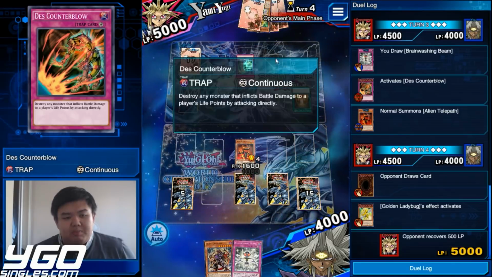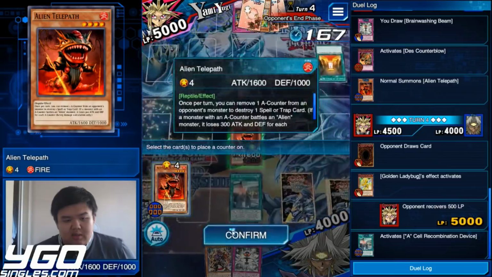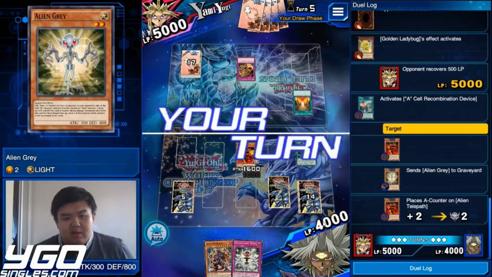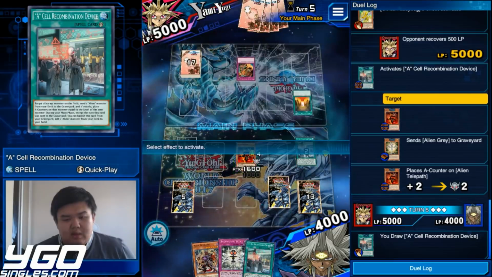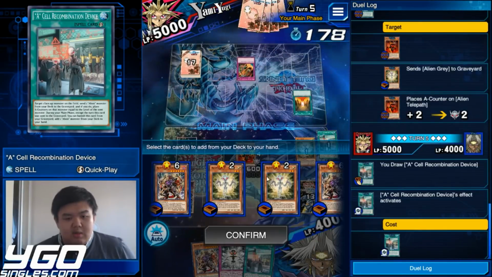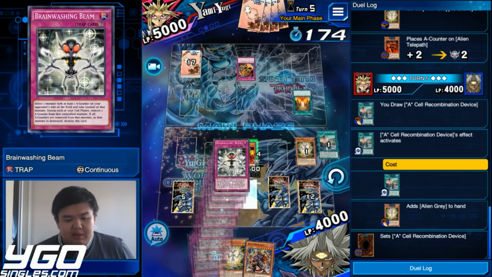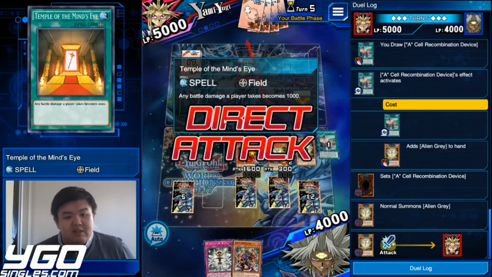I think if we have a big Ananta, we just win. Okay. So I'm actually gonna get rid of these Grays because these small dudes are no good to me. I'm gonna banish, and I'm gonna get the Alien Gray. We're gonna summon the Alien Gray, and we're gonna do the same thing that we did last time. So we're gonna attack with the Alien Gray. This makes it 1000 damage, so